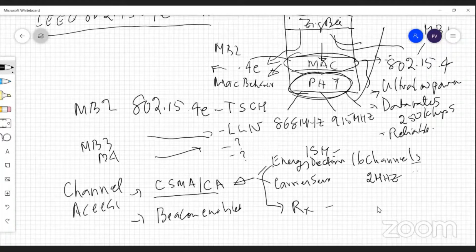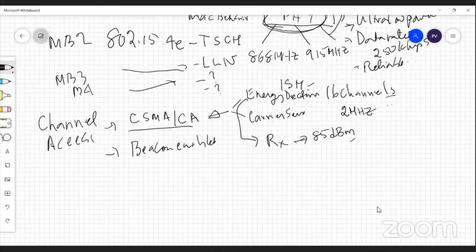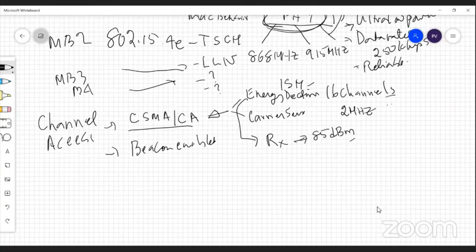Let's say your receiver sensitivity is minus 85 dBm. You can decide that you can now use this parameter. Actually, this will be specified in the radio. Whenever you buy the radio, you'll get this number. If your receiver sensitivity is minus 85 dBm, and you find that